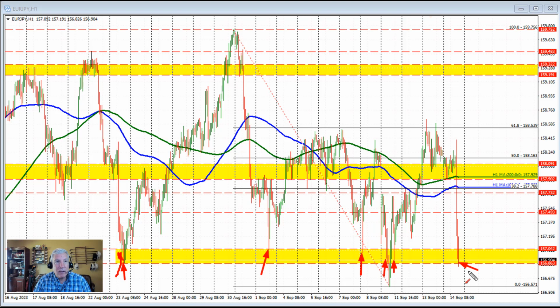So this dip below the level should have increased the selling momentum, but as you can see, we're currently trading at 156.90, just above the 86 level. Sellers are more in control. For sellers looking for more downside momentum, a short-term stop would be at the 157.04 level. Stay below that level, and I think the bias remains to the downside, with the low price for the month of September, reached on Monday's trade at 156.57, the next key target on the downside. If the price should move back above the 157.04 level and start to stay above it, we look toward the low price from Tuesday's trade, and then probably this area near the 157.49 level as the next target on the topside for the